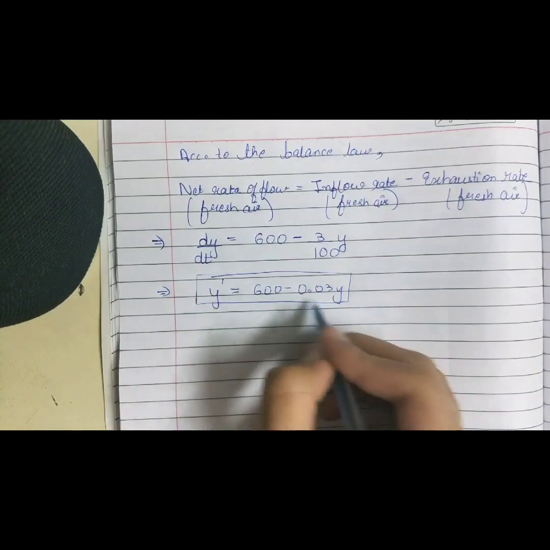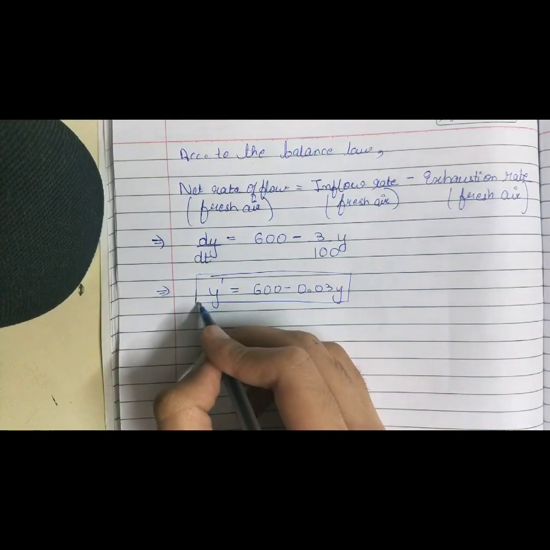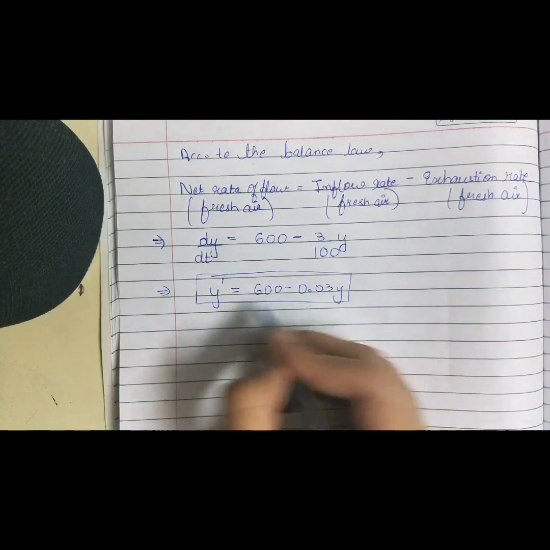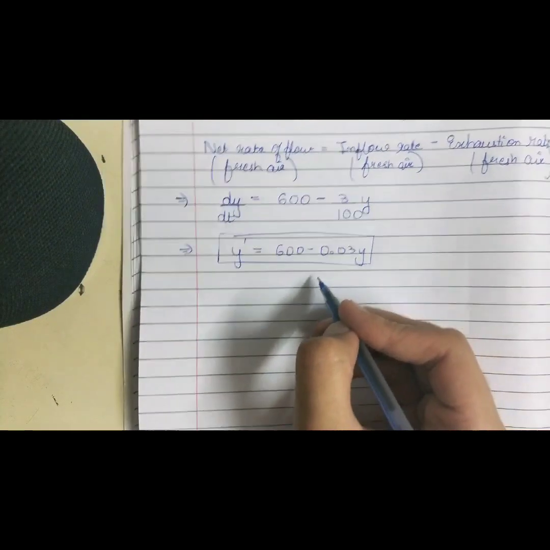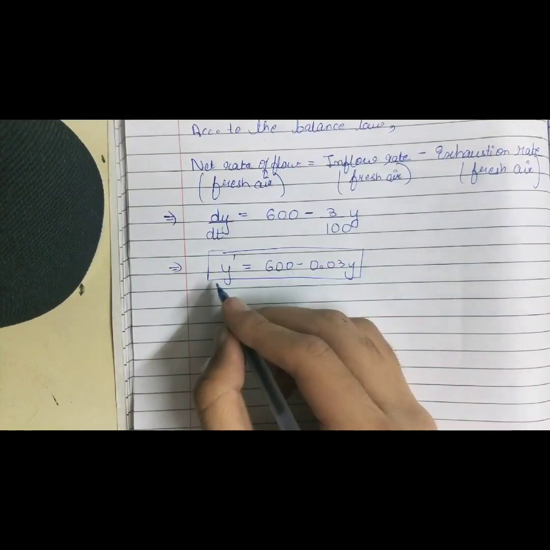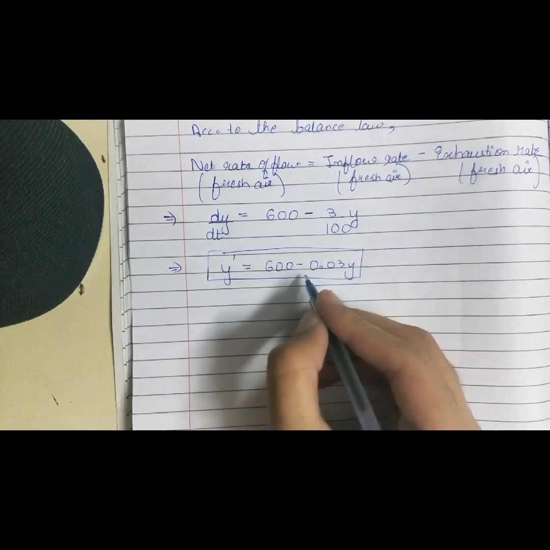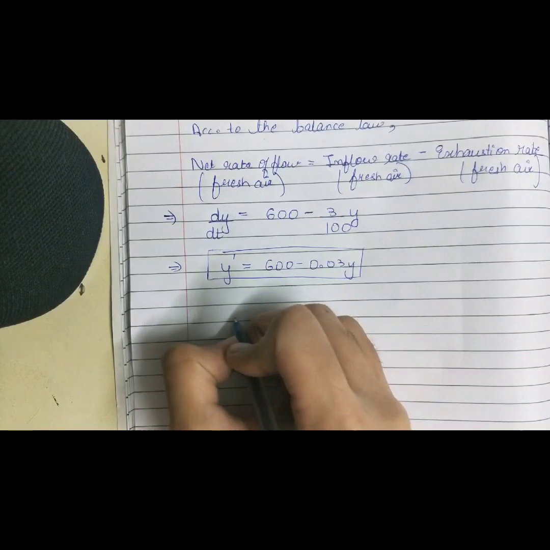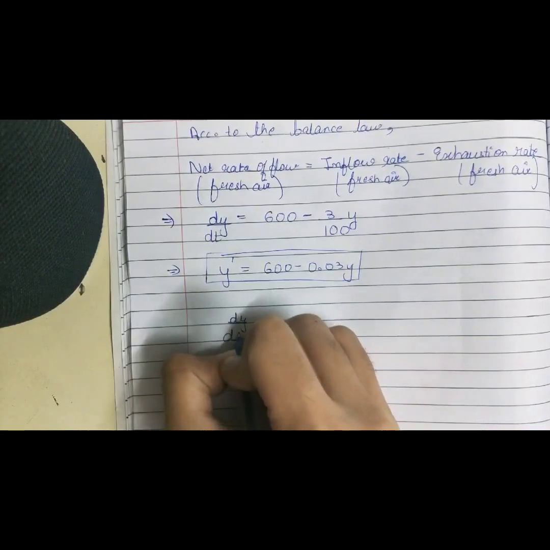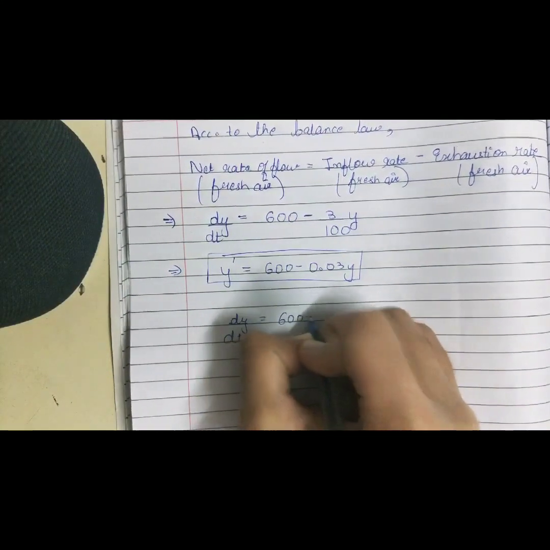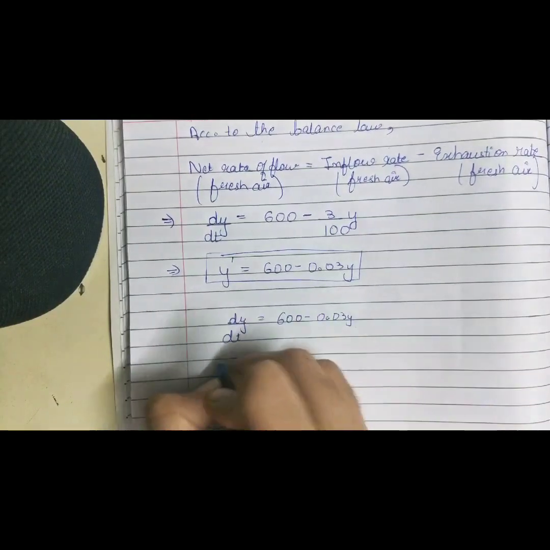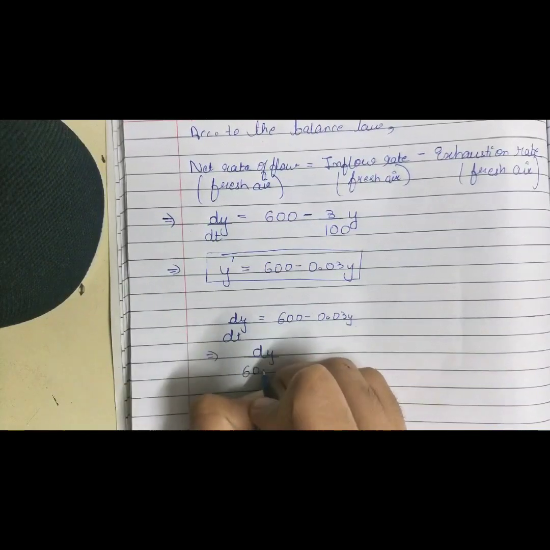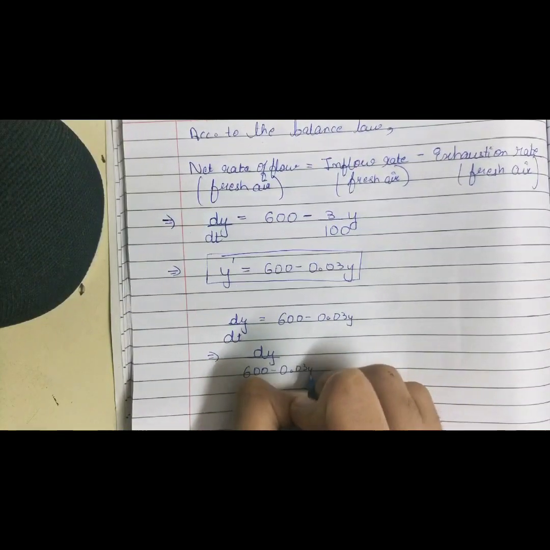Now this is an ordinary differential equation of first order, and it is a non-homogeneous linear differential equation. So I'm going to use the variable separation method in order to solve this differential equation. So let's get to that. Now dy/dt is 600 minus 0.03y. Now taking the RHS in the denominator, that is the y terms,